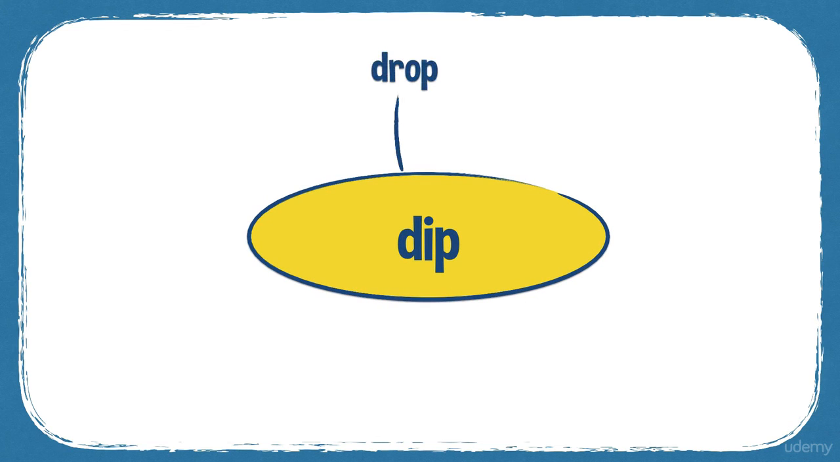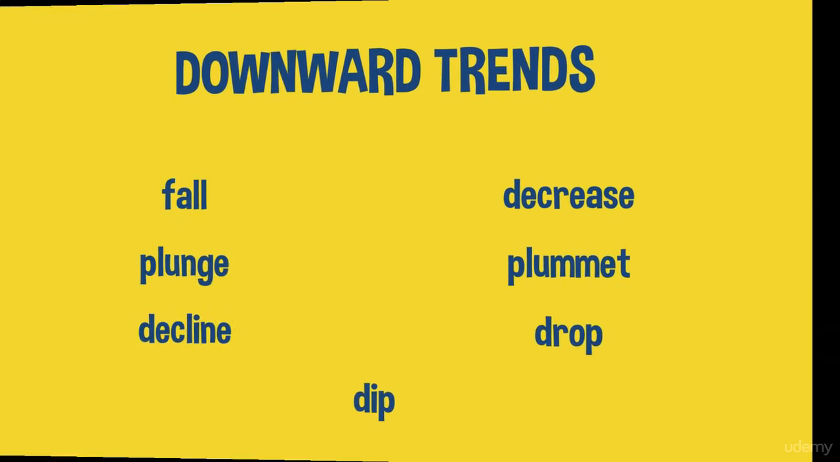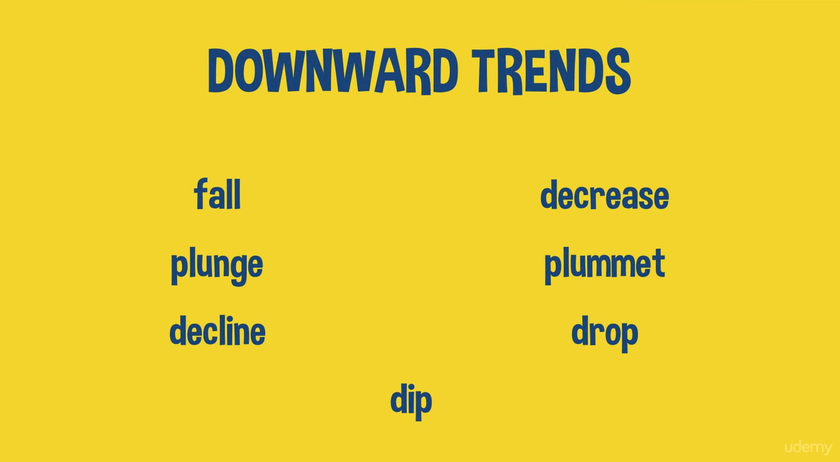And some synonyms for dip. None of these are exact synonyms. Drop and fall don't give the sense that the numbers go back up afterwards. But dip is often used with downward, but remember there are slight upward increases afterwards too. So there are your 7 downward trends words: fall, decrease, plunge, plummet, decline, drop,